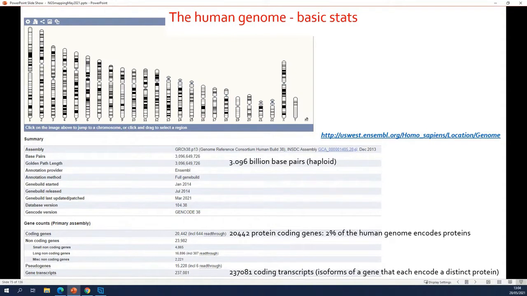So that might seem a bit of an overkill, mapping your reads to the genome while you already know that they will only map to 2% of that whole sequence. That is why there are also mappers that will simply map to the transcriptome. I will come back to that.